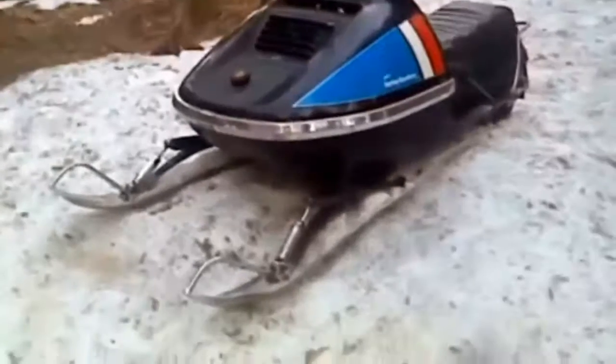This is my 1973 Harley Davidson Y440. Chrome skis, pretty good shape, not mint. New seat cover. Seems to run really good this year. This was a good sled. The best part about this sled is that